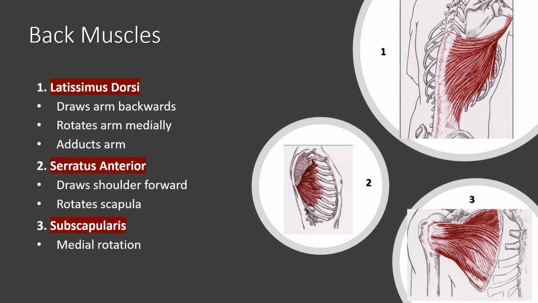So it assists the latissimus dorsi in its medial rotation, and the teres major, if you remember, also medially rotates the scapula. So there are 3 more of your back muscles. So repeat after me: latissimus dorsi, serratus anterior,